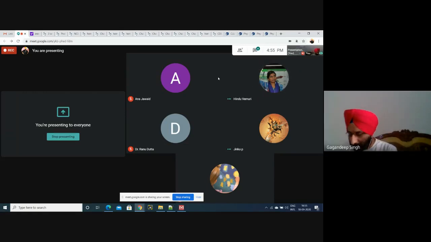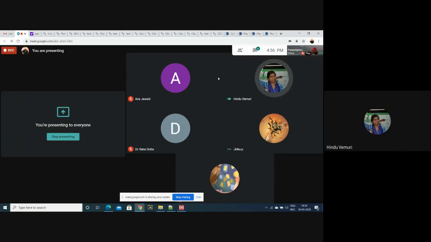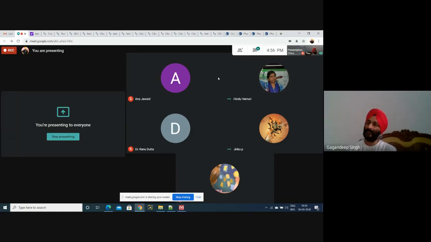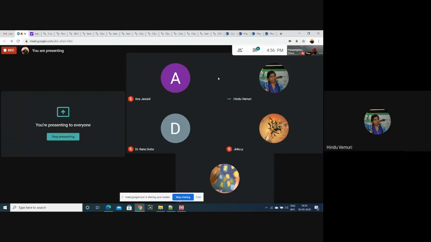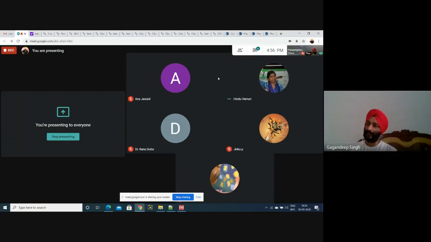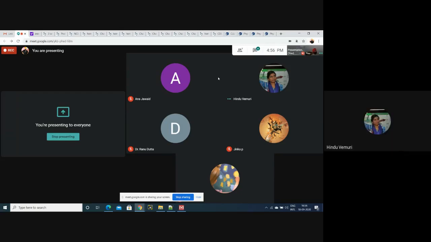Actually, when you are going for a BLAST analysis, you should select only the top hit. Top hit, only 1 or 2 sequences. Only one sequence, the top hit, if you are going to analyze for a function. But if you want to analyze for sequence alignment, then you should go for the top hit, second top hit, third top hit, fourth top hit, fifth top hit, like that. But don't go below that.